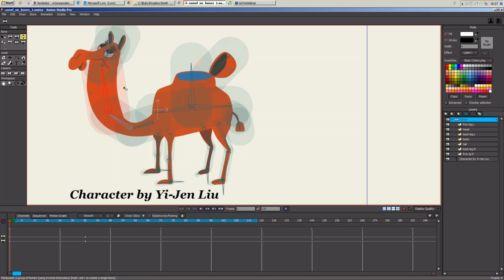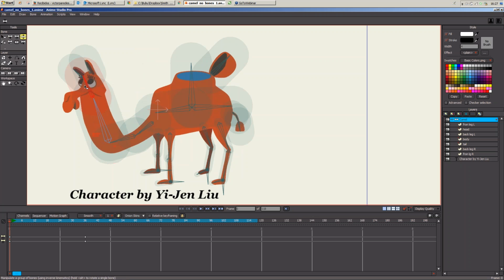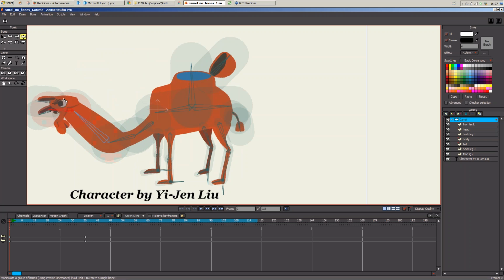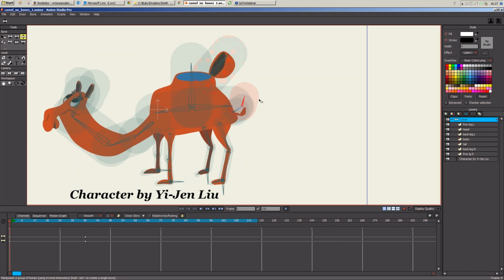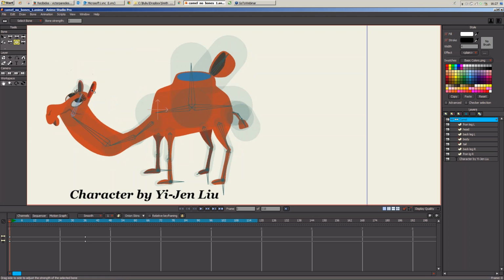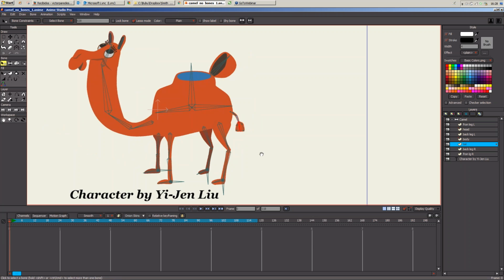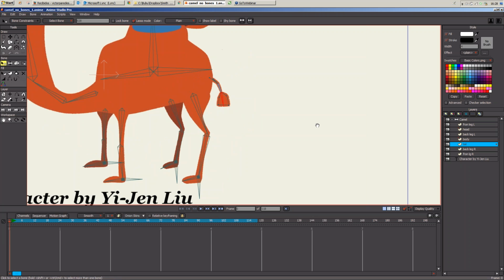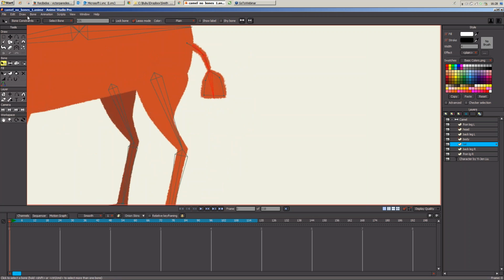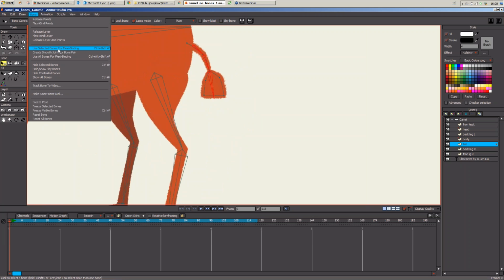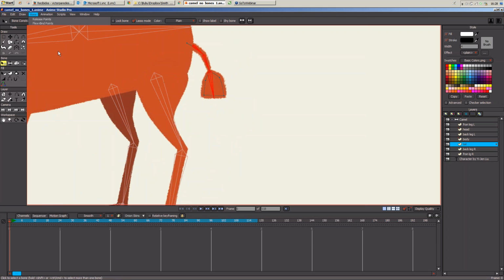So I have all these bones, and the rig is not working well yet. But now I will reduce the strength of these bones, to get something closer to what I want. I am reducing the strength, but again I will go to each layer. For example, I will go to the tail layer and tell the software that the tail will move by using these 3 bones. So I will press the bone menu, use selected bones for flexi binding,